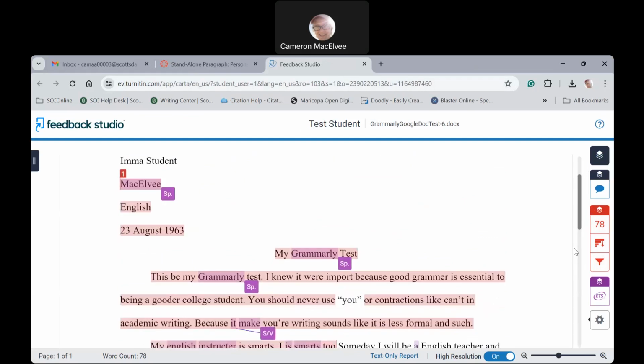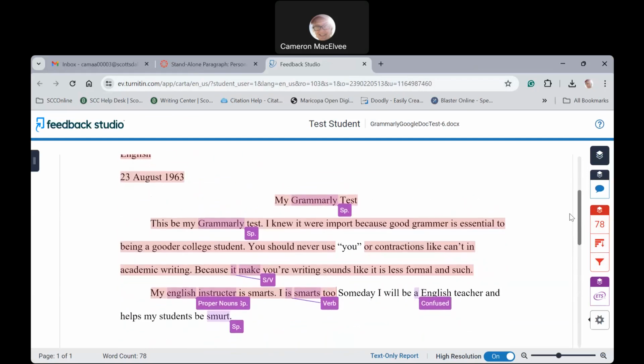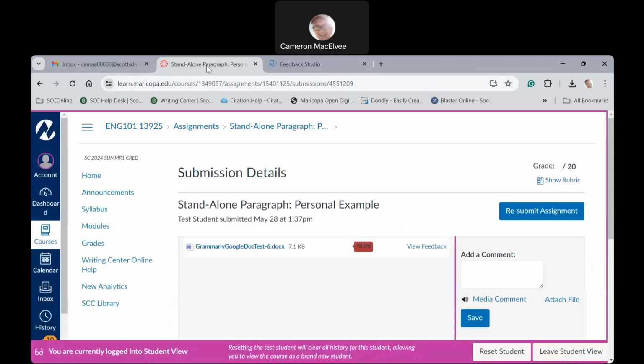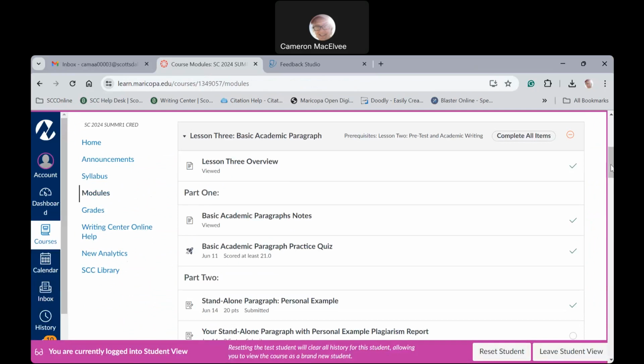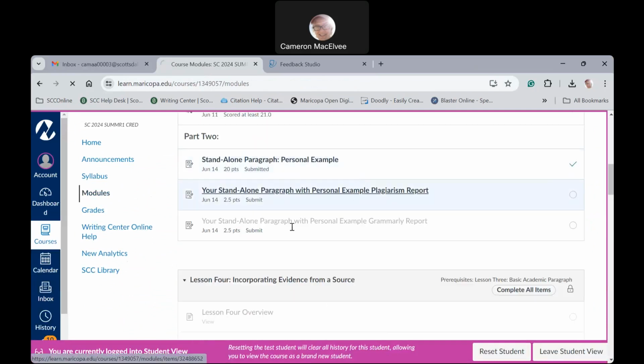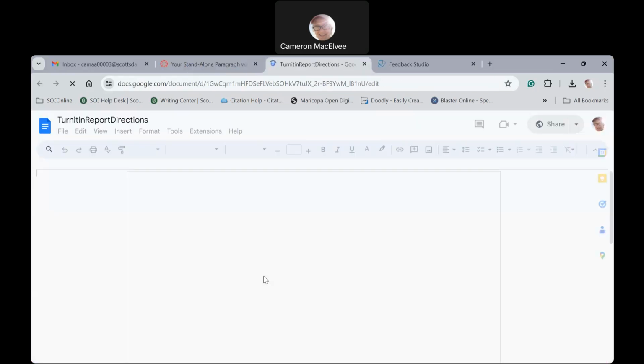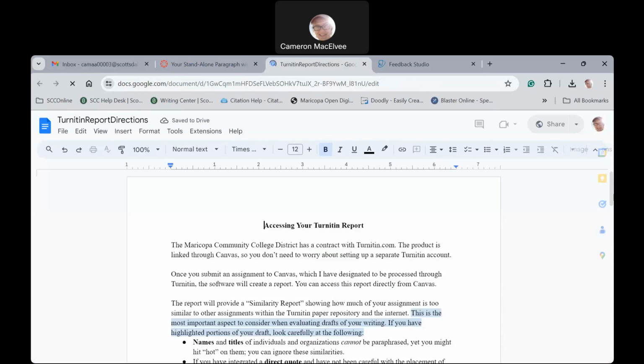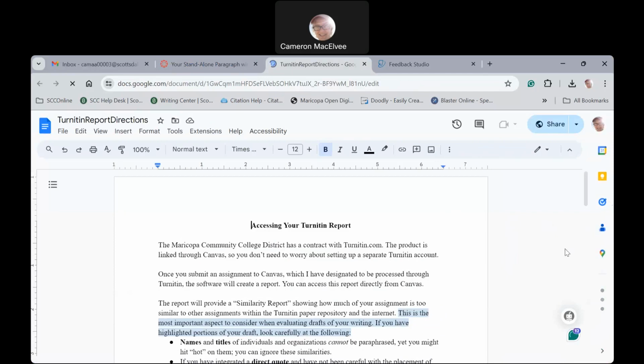So what does this tell you? Well, if this were an actual written assignment that you've turned in, anything that is highlighted is something that you want to look at closely. Now, the directions for submitting the plagiarism report, I'm going to go back here to those directions just so you can take a look-see at them. The directions say that the most important thing to pay attention to obviously is the highlighted portion, but we really need to distinguish between things that would be allowed to things that